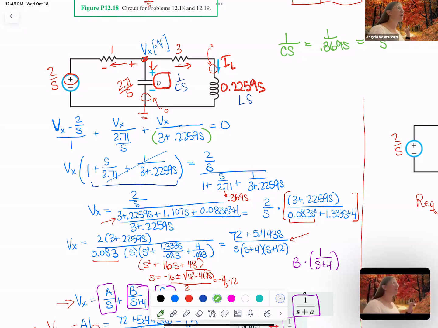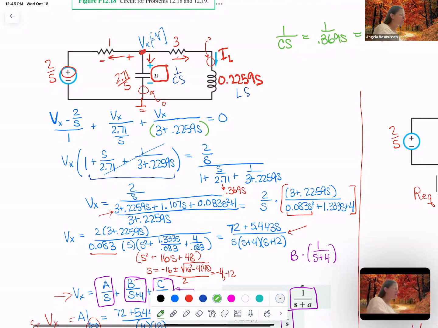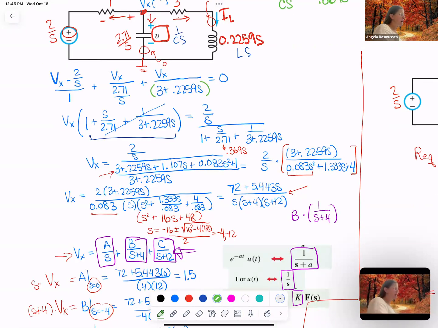And so this was one thing I saw some people forgot, is that you treat that inductor or that capacitor just like any other resistance. So even though it has an S in there, you have to just add it to the 3. And then from here, I combined all of the Vx's. And then I took the 2 over S to the other side and then